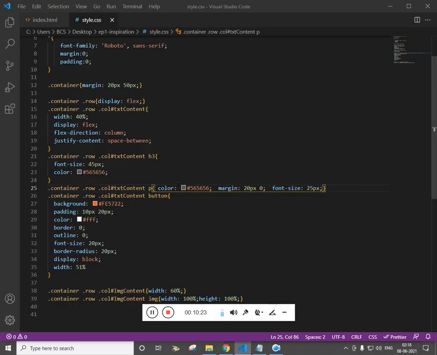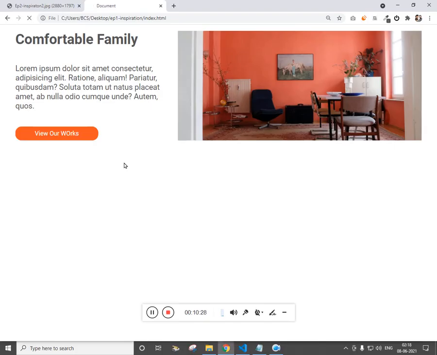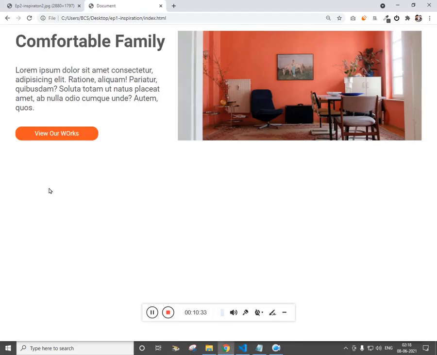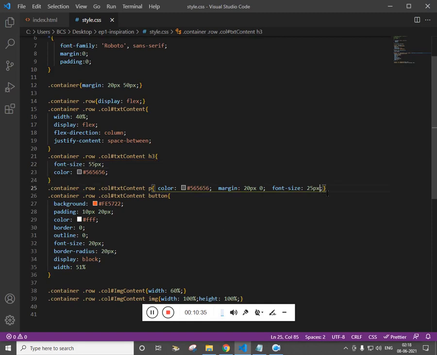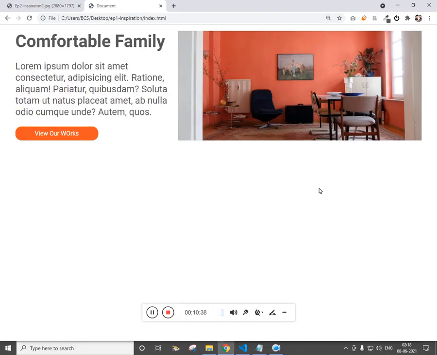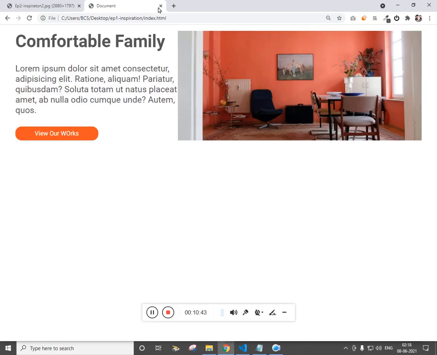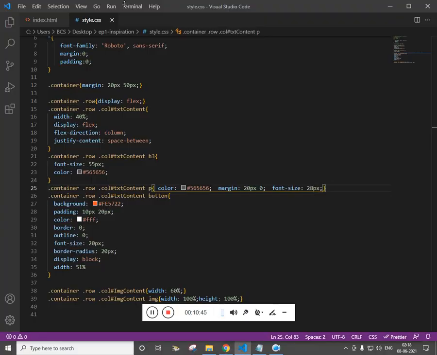I think we still need to fill the content. Let me make this 50, 55, and for the paragraph 30. Seems too big. 28. I want padding left 20 pixel, actually padding right.